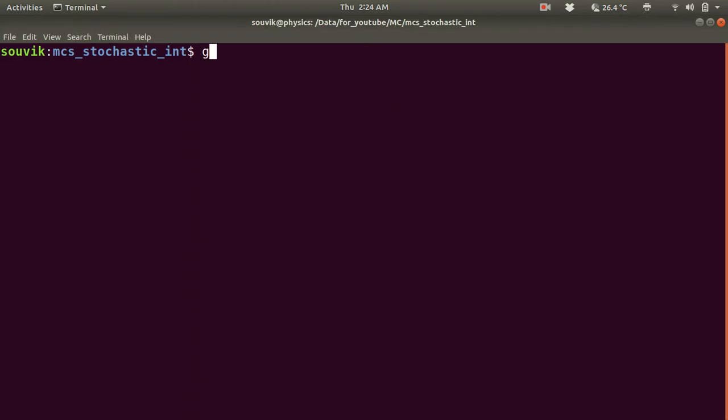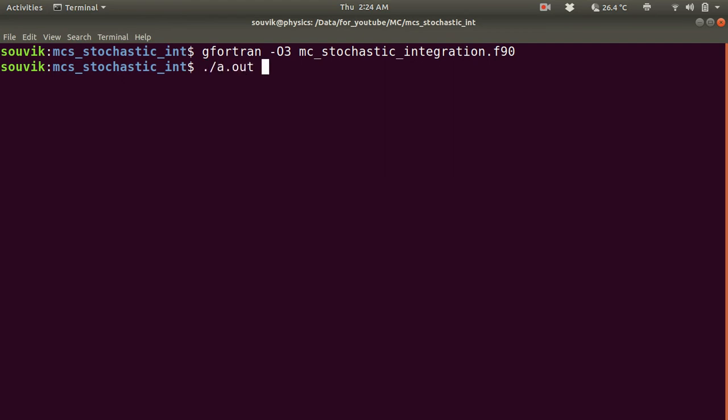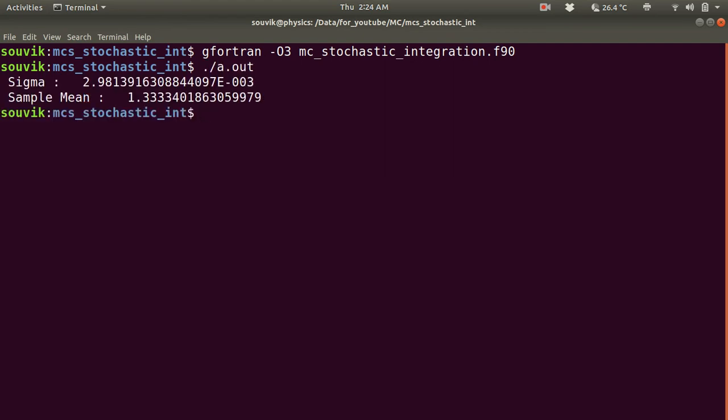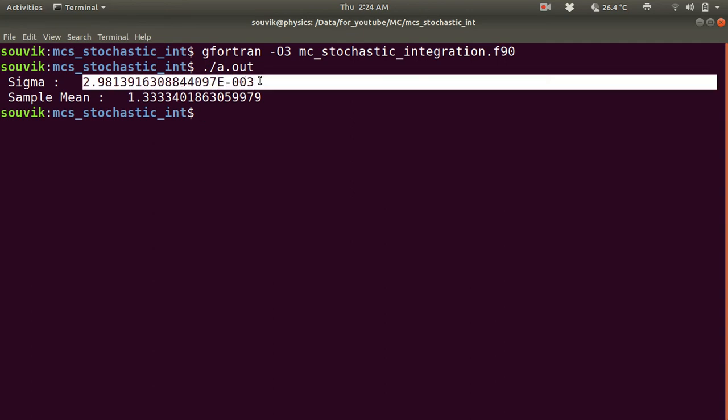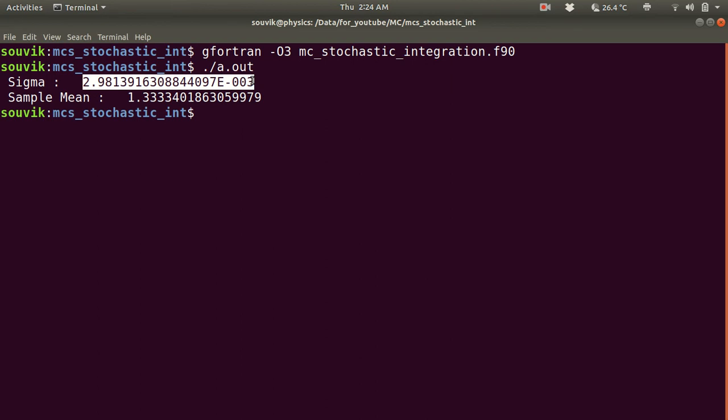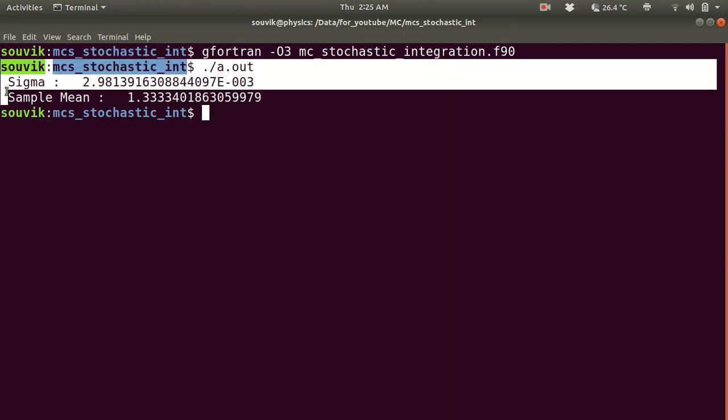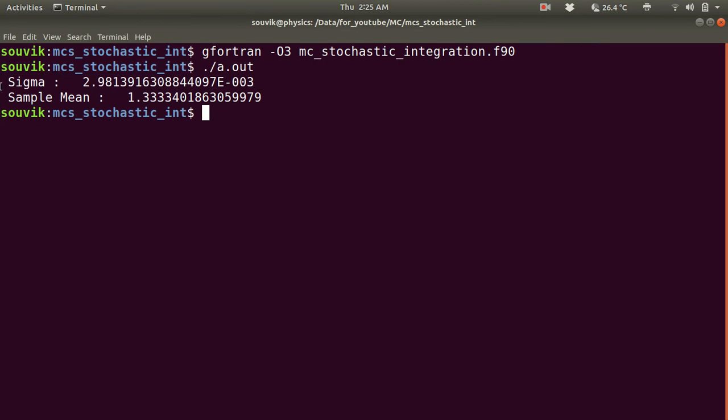Okay, so now let's write gfortran -O3, which will make your program run faster, compilation will be faster. So mc underscore this thing and ./a.out. It will take some time. As you can see, my sample sigma is basically 2.90 times 10 to the power minus 3, that is basically 0.0029 something, and your sample mean is basically 1.333 something. So these two values you have to remember, and then I will compare these two values with the